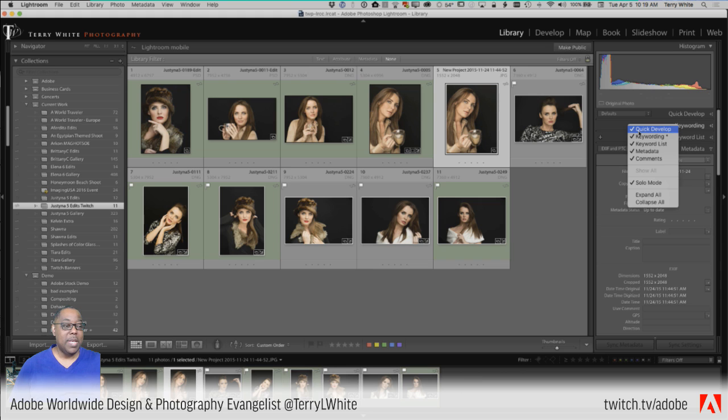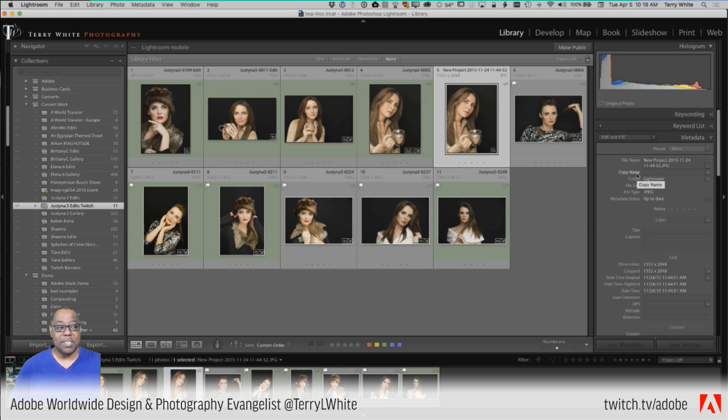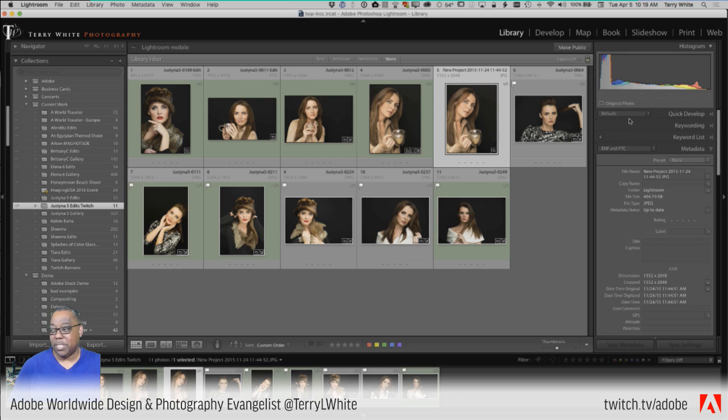So for example, I rarely ever use quick develop. I do use it, and the only time I do use it is on video, since Lightroom can quick develop video, but it can't take video into the develop module. So that's the only time I use it. But prior to video, I didn't use it at all. So prior to video, I would just turn it off because I don't need it. I don't ever use it. If I want to develop a photo, I go into the develop module. Quick develop was always kind of, I would start using it and it would always be missing the thing I needed to use. And so I'd end up going to the develop module anyway. I would now leave it turned off if it wasn't for video, because I do use it whenever I'm trying to make a quick adjustment to video inside Lightroom.